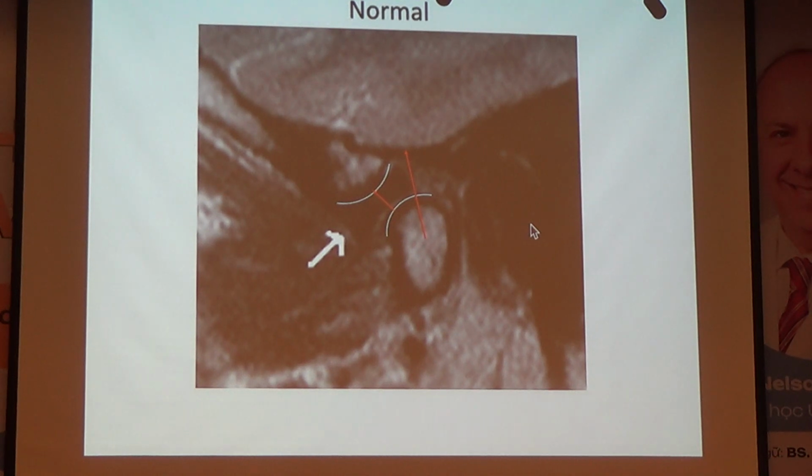But this little distance between disc and condyle, when I make condylography,